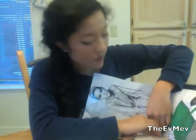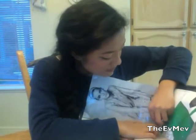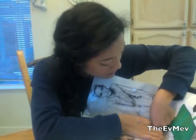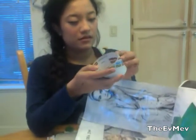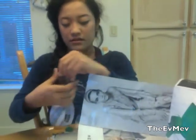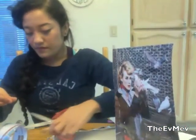And then I'm going to reinforce right at the very bottom. And now I'm going to try and reinforce at the very top as well. Okay, so now that I have this side done, you have a little bit of an idea as to what this is going to look like at the end, and then I'll be right back to show you guys